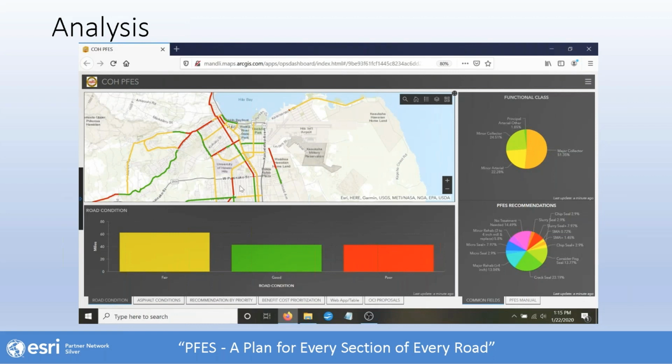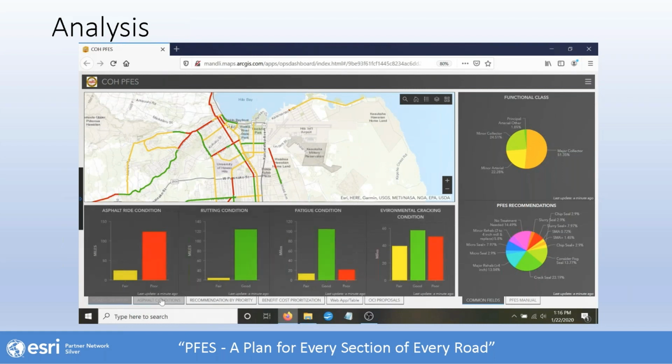Another way of representing the overall condition, aside from on the map, is also by representing it on a chart. So that's what we have below. So this is, again, the overall condition, good, fair, and poor of our roads that we put in so far. And we have the centerline miles of each of the sections shown as far as the distribution of the overall